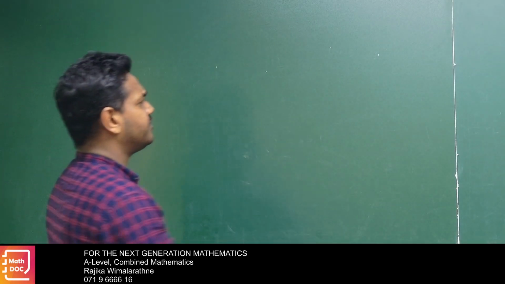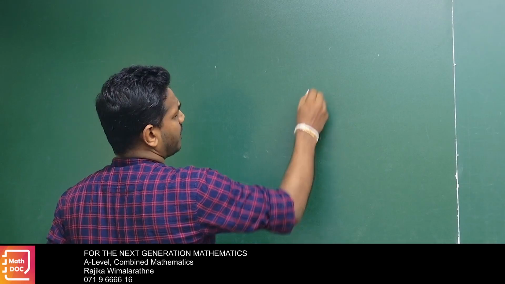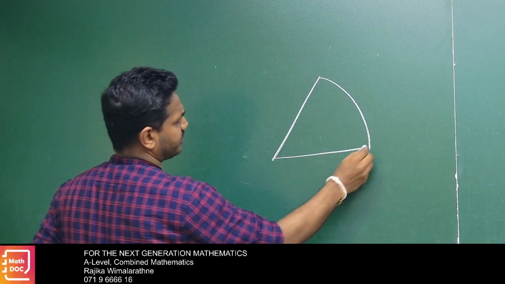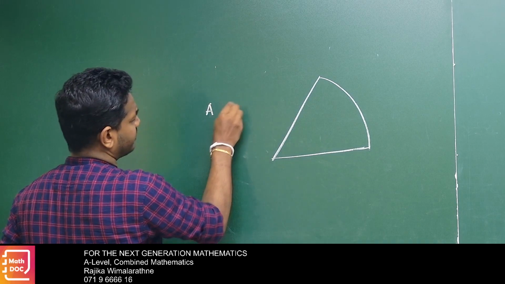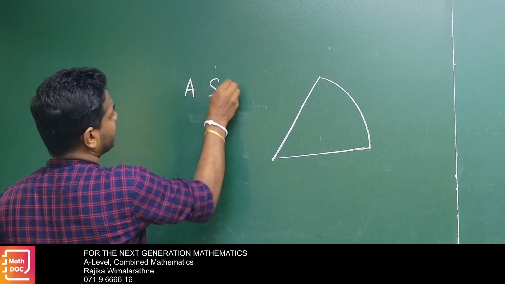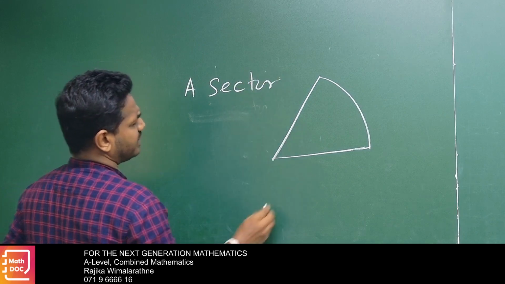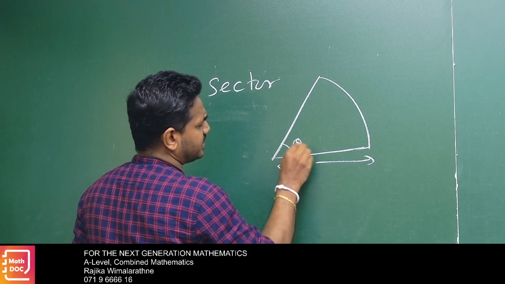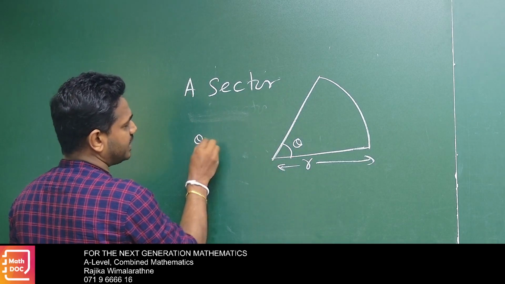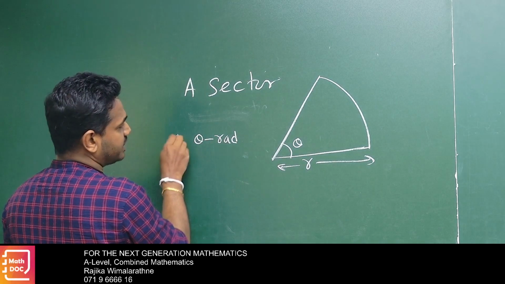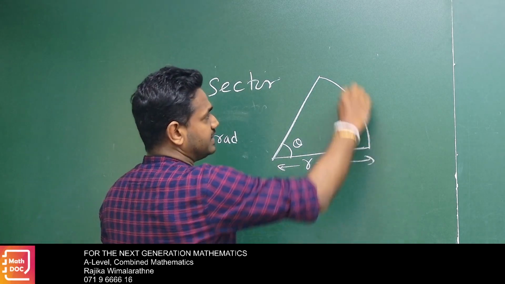Consider this, we call a sector. Here radius r. Let's take this angle theta, given in radians, not in degrees, okay? Theta given in radians. Then this arc length